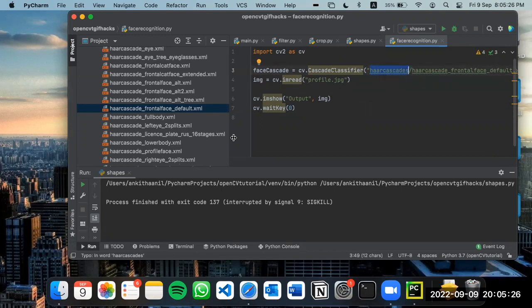This is mainly trained on gray images. So can someone tell me how we're going to change it? Which function, if you remember, are we going to change it to? We just did it during the filtering. Yeah, it's going to be cv.cvtColor, and we're going to convert it into gray. So image, comma, cv.COLOR_